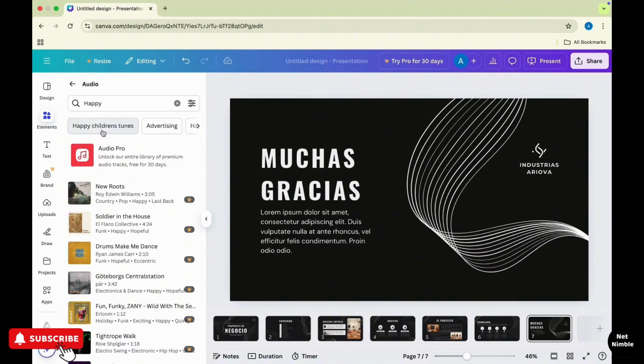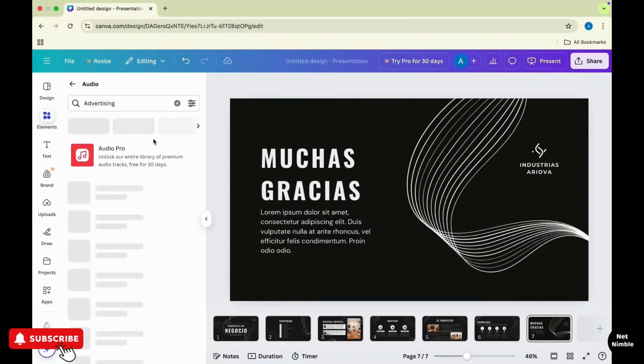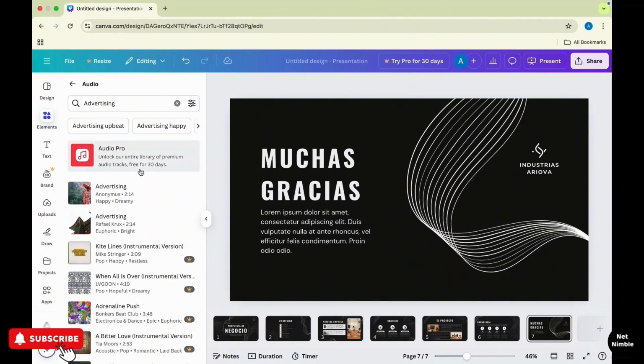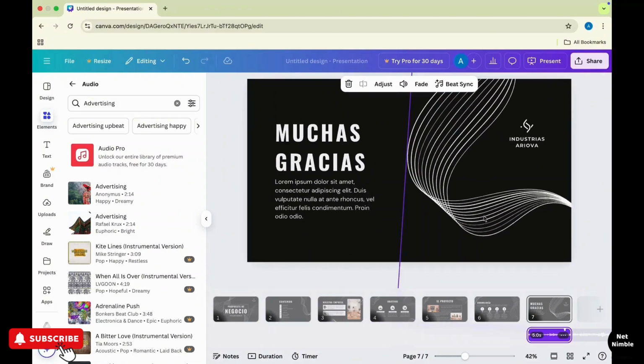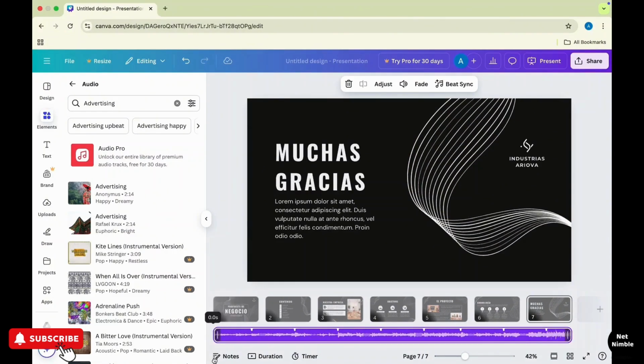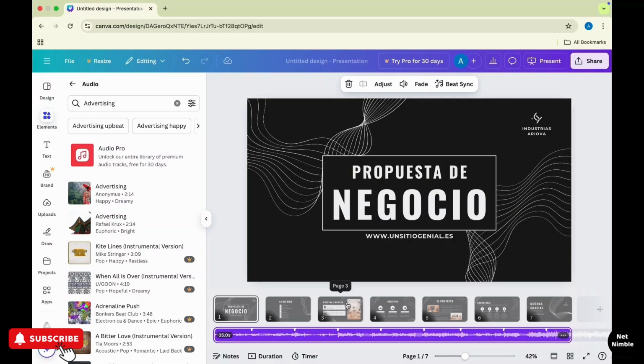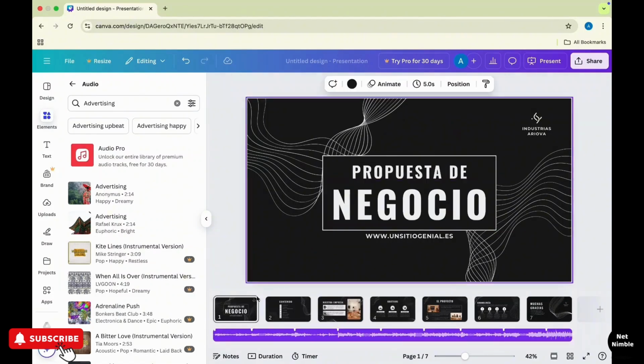And once you find one, you can simply click on a track to add it to your presentation. It will appear as a timeline at the bottom. Now click the audio track to adjust where the music starts and ends. And that is it. Once you are done, you can tap on the share icon available there and download it